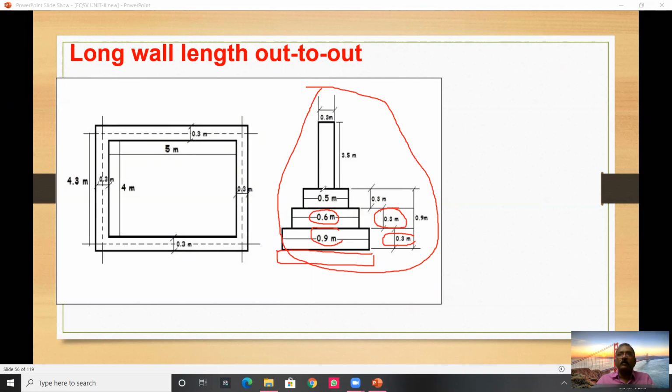Right? Here, what is the width of your third footing? See, 0.5 meters. Depth is again 0.3 meters. What is the height of your wall? It is 3.5 meters, from here to here. What is the width of the wall? See, 0.3 meter. Sometimes you may not have this dimension here; they will show you in the cross section.